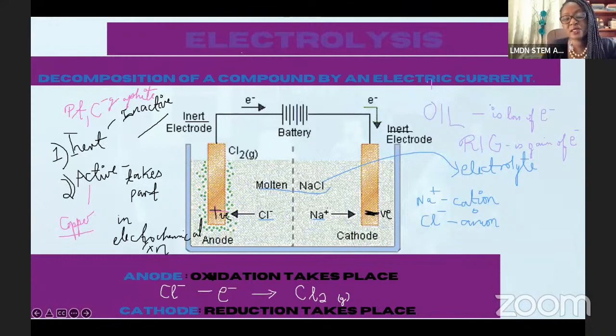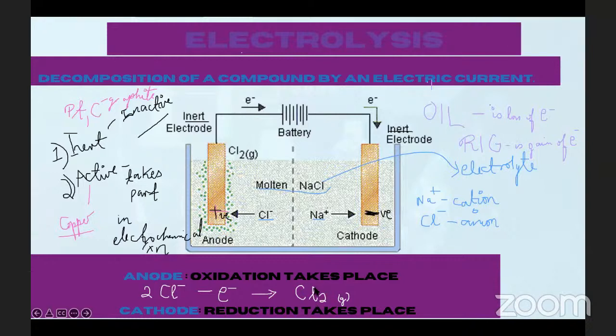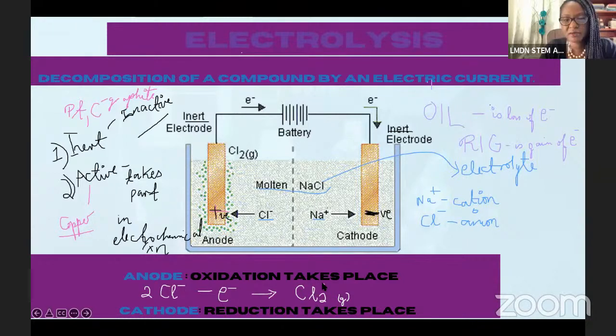So you might be able to tell me right away that something is wrong with this, and that's that it's not balanced. So to balance it, we have 2 chlorine atoms over here, so we have to put a 2 before this. And then we have a charge imbalance. What's the overall charge over here? Because this is a free state now, it's just chlorine with chlorine, it's not an ion. What's the oxidation number of the chlorine in this state? 0. So let me put a little 0 up here so we know that.